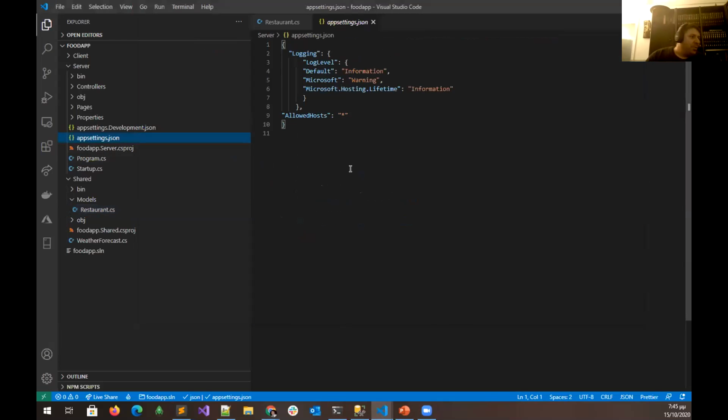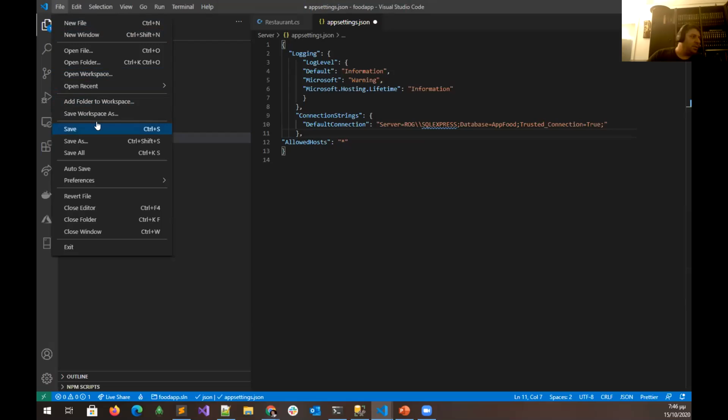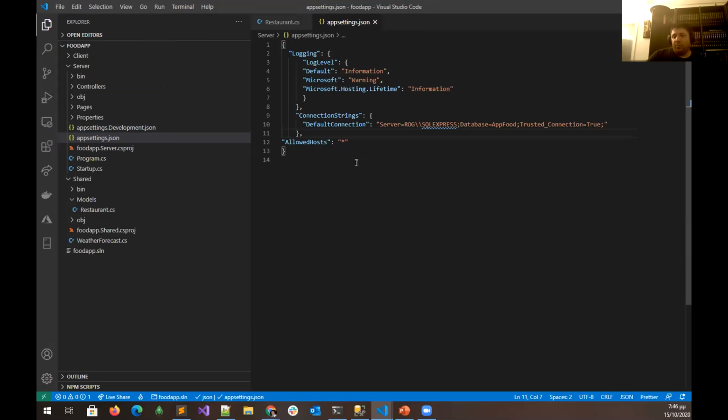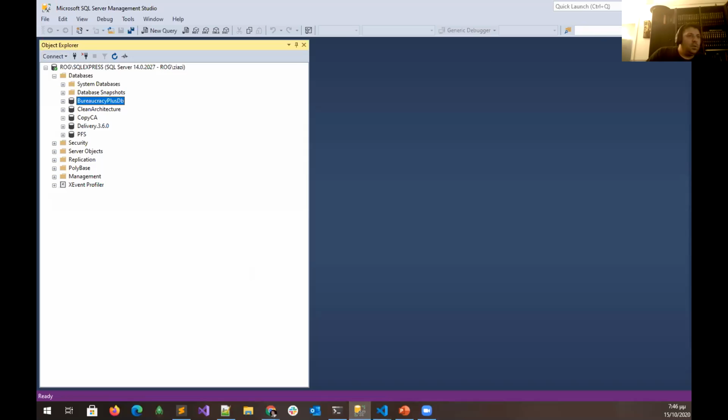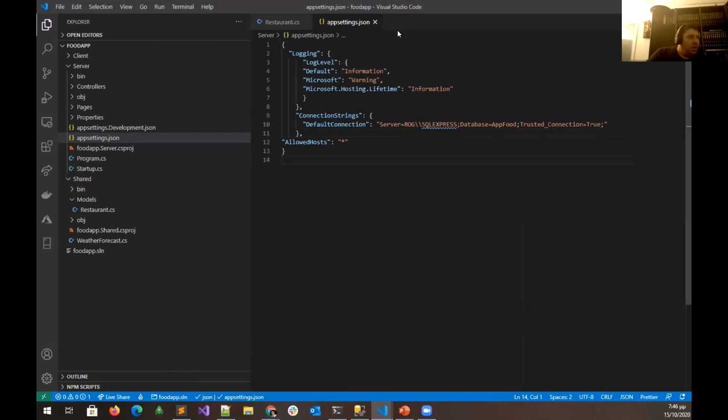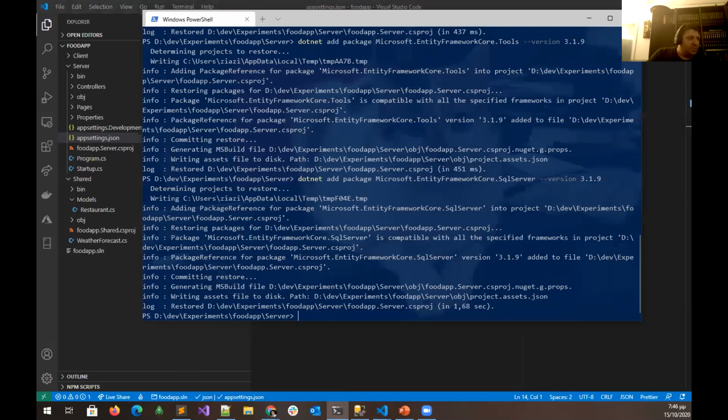So I'm going to open the app settings, and I'm putting there the connection string. Okay, here is my local system. Nothing special on that. You have to find out your connection string. Here is my database, my server. Now, if everything's okay and I haven't done anything wrong,